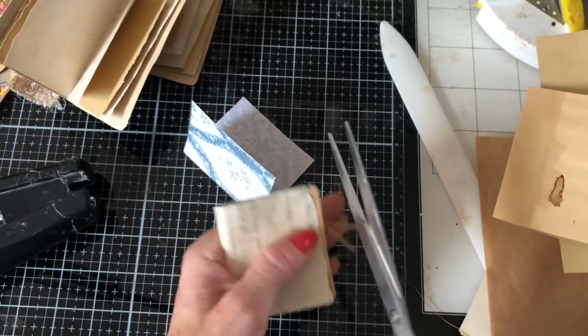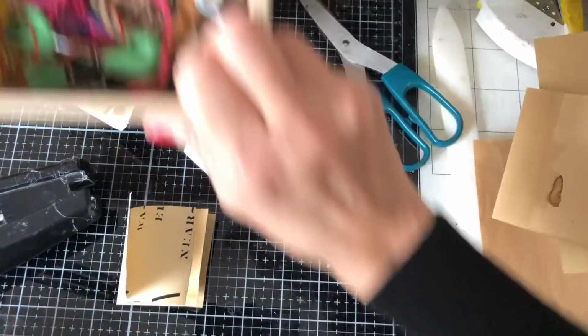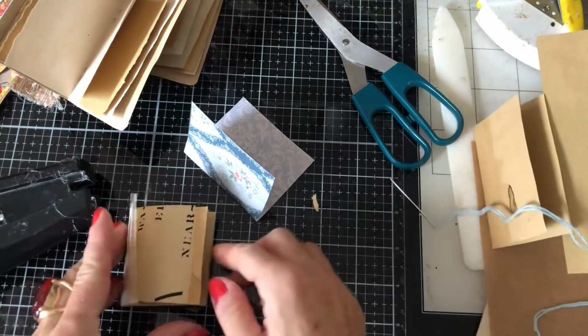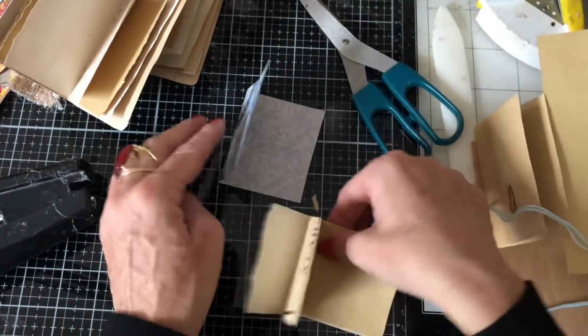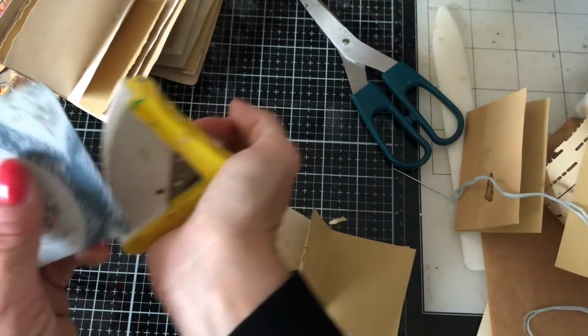And then this one, obviously being blue, I can use that embroidery thread because we've got the blue here, haven't we? So I'm just going to put these in here. Actually, I'm just going to round the corners first. Now, I'm going to try and use that one